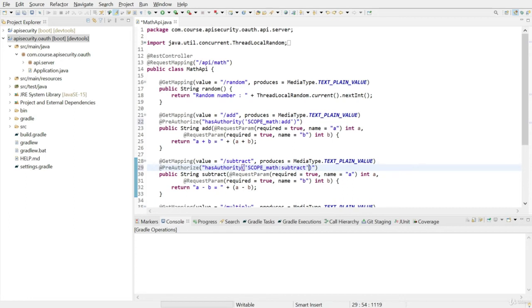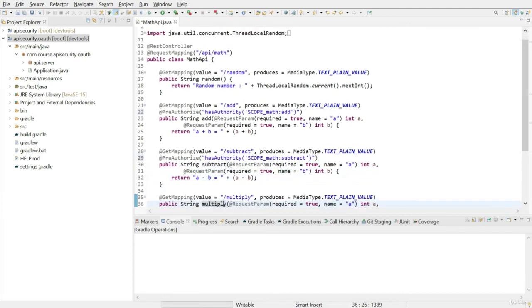Remember, the scope name does not have to match the endpoint or method name. And add PreAuthorize to all endpoints except the random generator.